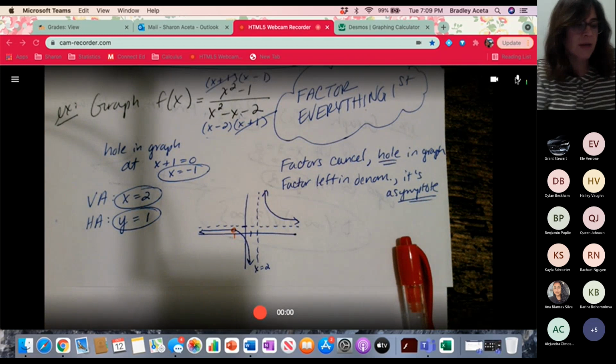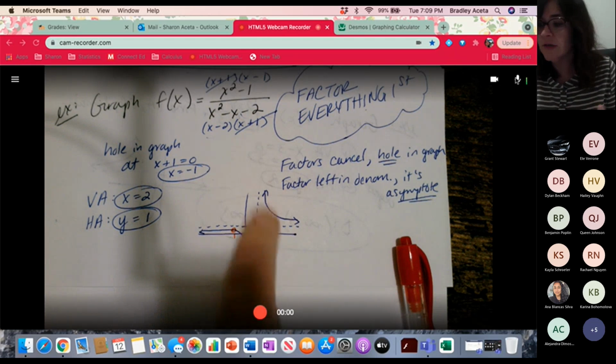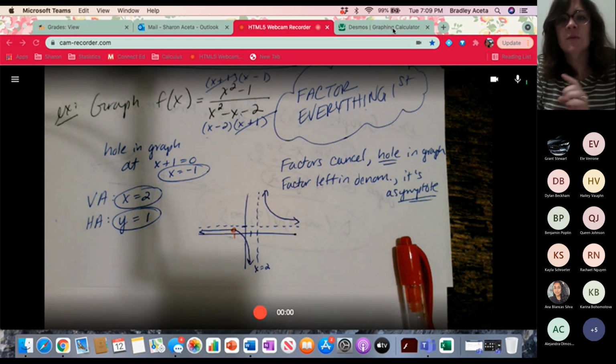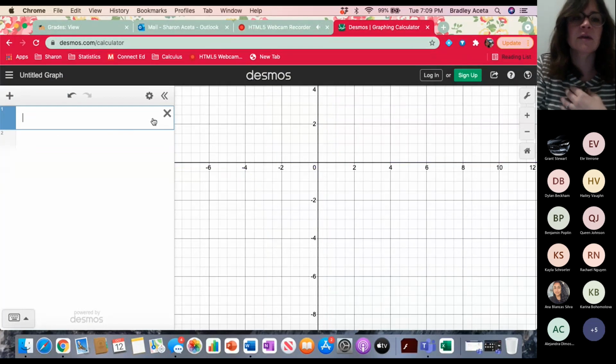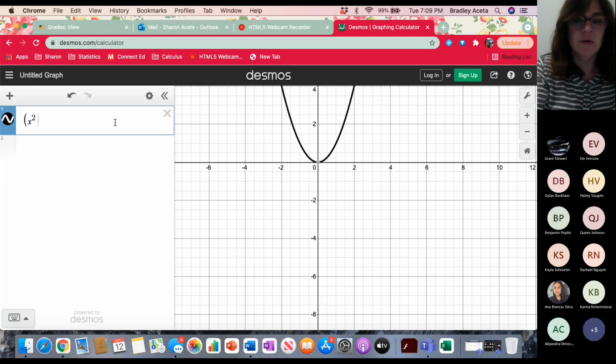Now, like I said, I'm kind of interested to see. I know what the calculator does. The calculator won't show you that hole. It'll look just like a hook and a hook. So I'm kind of interested to see what Desmos does. So bear with me as I go to Desmos and see if it's superior. It might be superior, and then I'll have to cave to the superiority of it, but